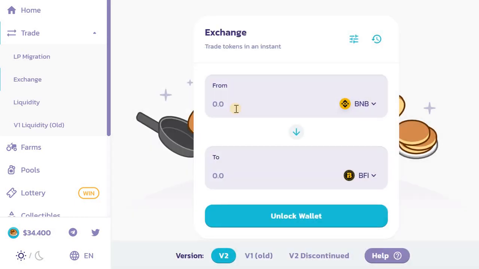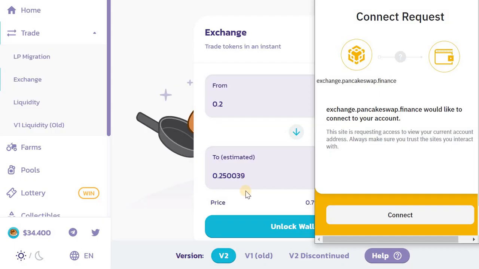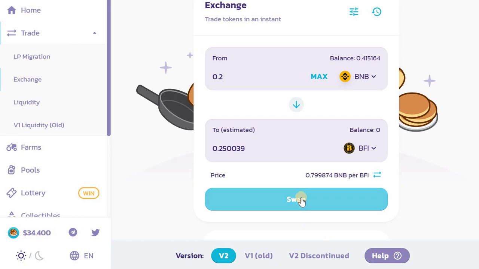Right now, I want to swap 0.2 BNB to BFI. That is half of the BNB I have present in my wallet. Now, this is how much BFI I would get. I would go ahead and unlock this wallet, select Binance Chain wallet, and right now, I would have to connect my wallet to Pancakeswap to confirm my transaction. Now, as you can see, I have connected my wallet to Pancakeswap,